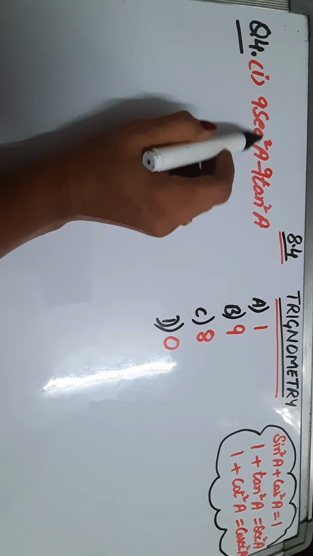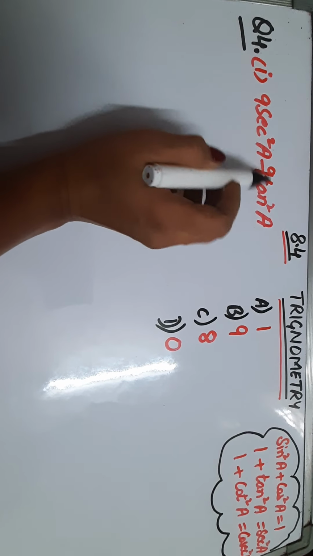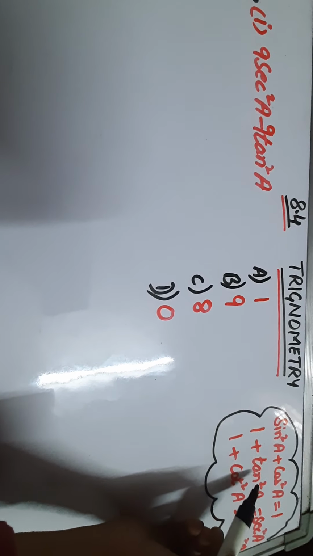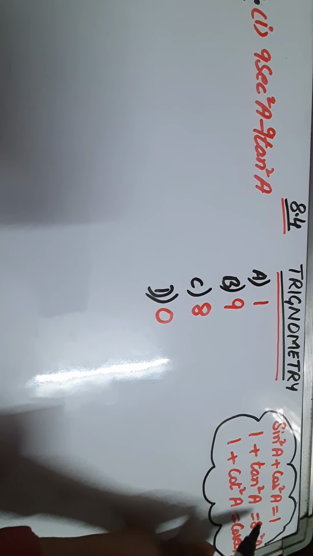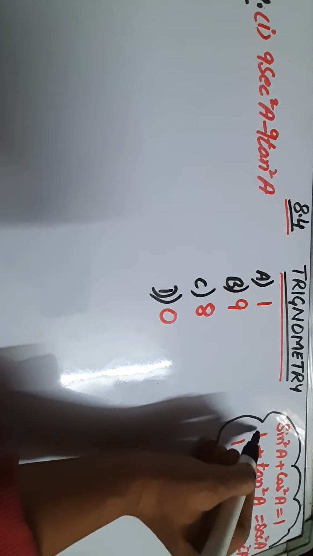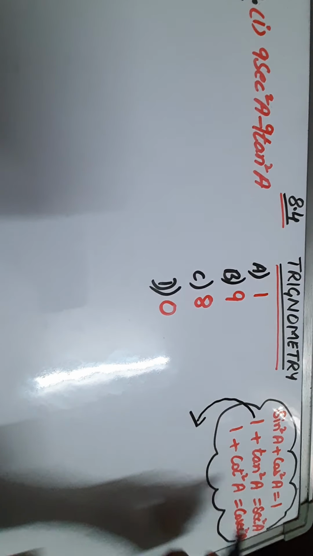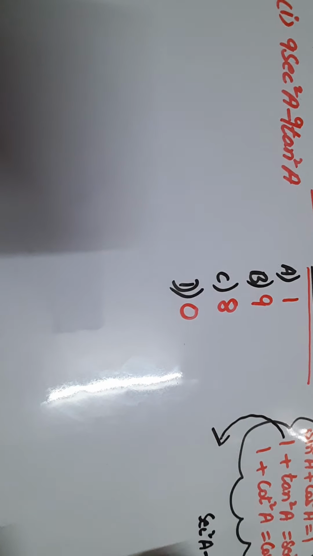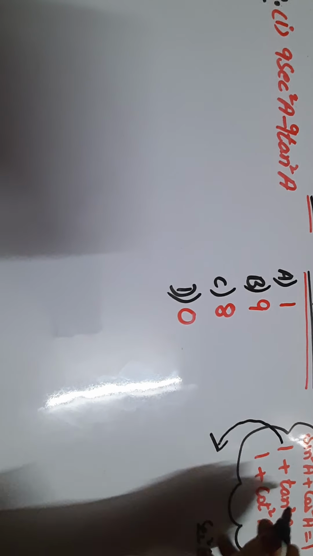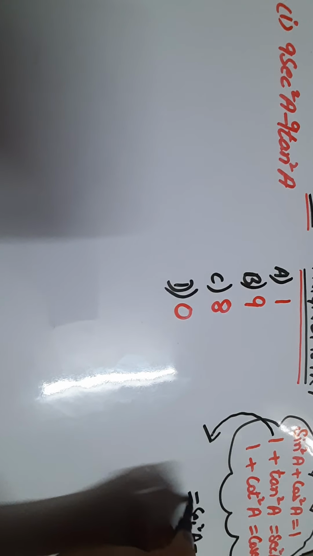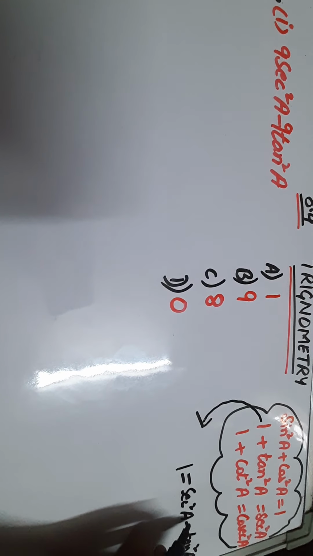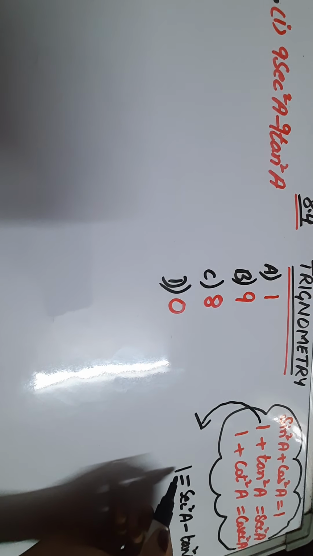Now let us see the trigonometric ratios involved. It is secant and tan, secant square and tan square. Yes, we have a trigonometric identity in which secant and tan both are involved with squares. If I take tan square to the other side, it will become secant square A minus tan square A. When I take this tan square to the other side, we are left with only 1 on the right hand side. So that means secant square A minus tan square A can be written as 1.